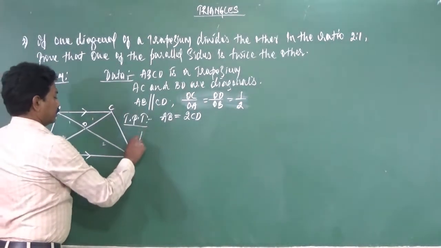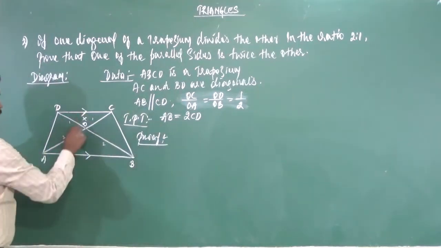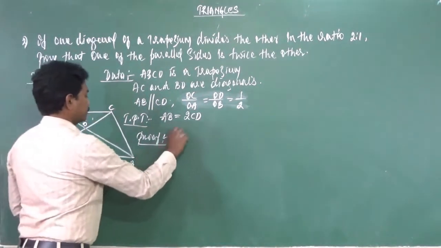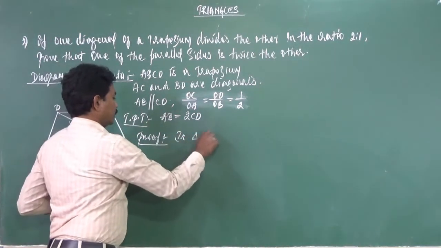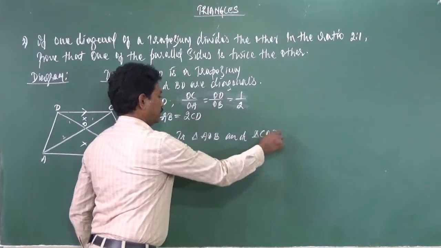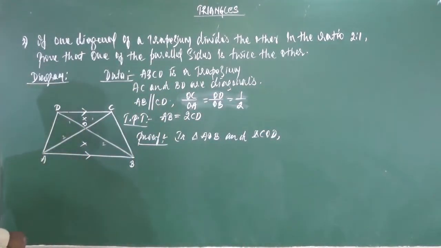Right. So now we will get into the proof, very important. So let us select these two triangles, triangle AOB and triangle COD. So first we will prove that both the triangles are similar by proving that they are equiangular by using AA criterion. Then we will discuss regarding the corresponding sides.